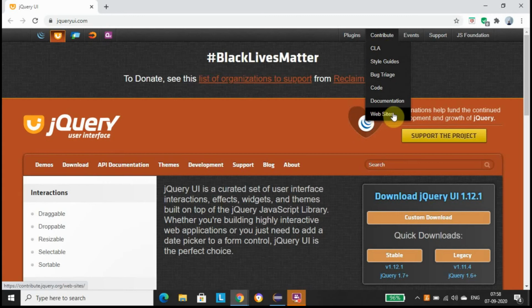If I directly get the locator of this Website submenu and try to interact with it, it is not going to work, right? Because it is hidden under the Contribute menu. So first I have to mouse over on Contribute, then I can click on these particular submenus, Documents or Website. So let's go and write our program.